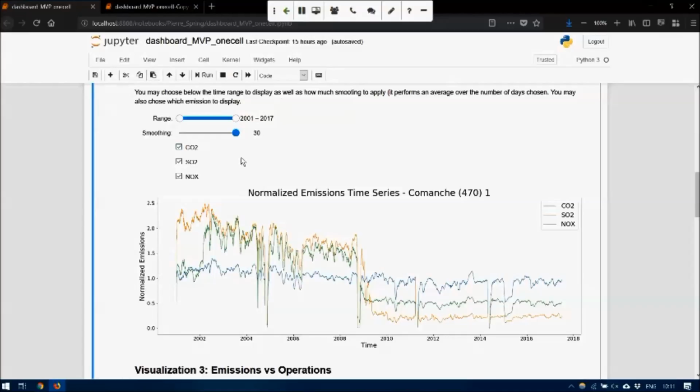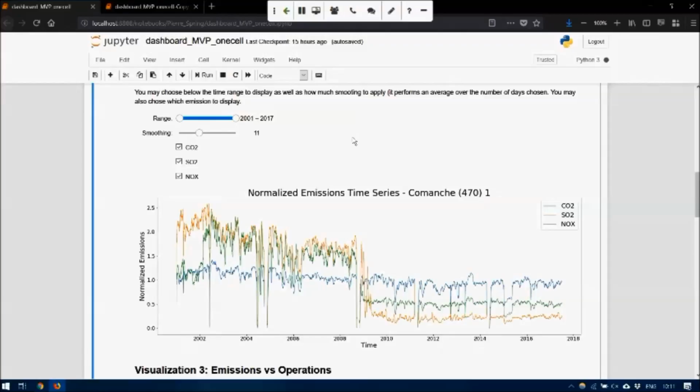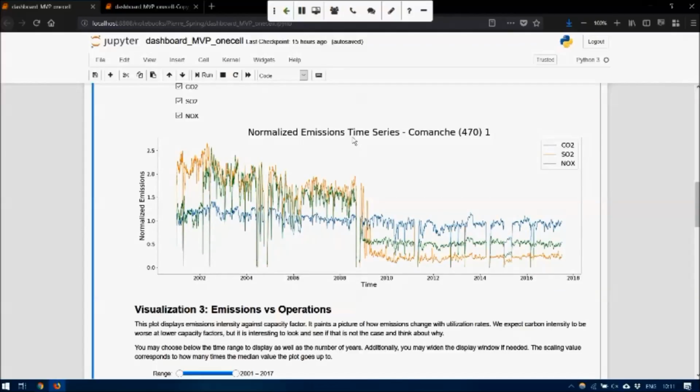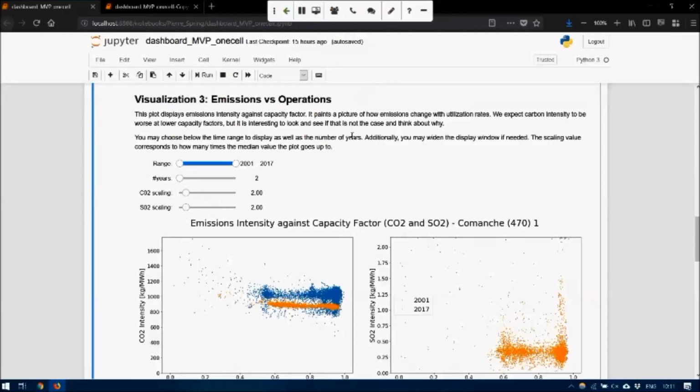Here, the date range, the smoothing factor, and then which emissions to plot. One important thing to note is that the date range is synchronized between all of our visualizations, so that when comparing them, the date is consistent. Now moving on to our third visualization, which is the first one that allows us to compare emissions and operation and